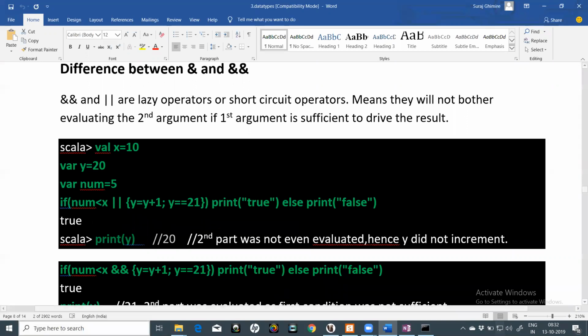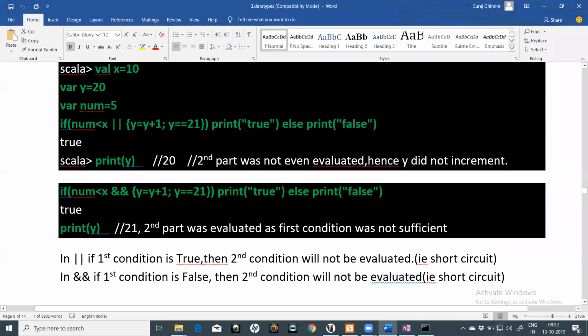Okay. Now this was the OR operator, right? So now what I'll do is replace this OR operator by AND. Okay, and again this is also a logical operator. But in case of your AND, what do we basically